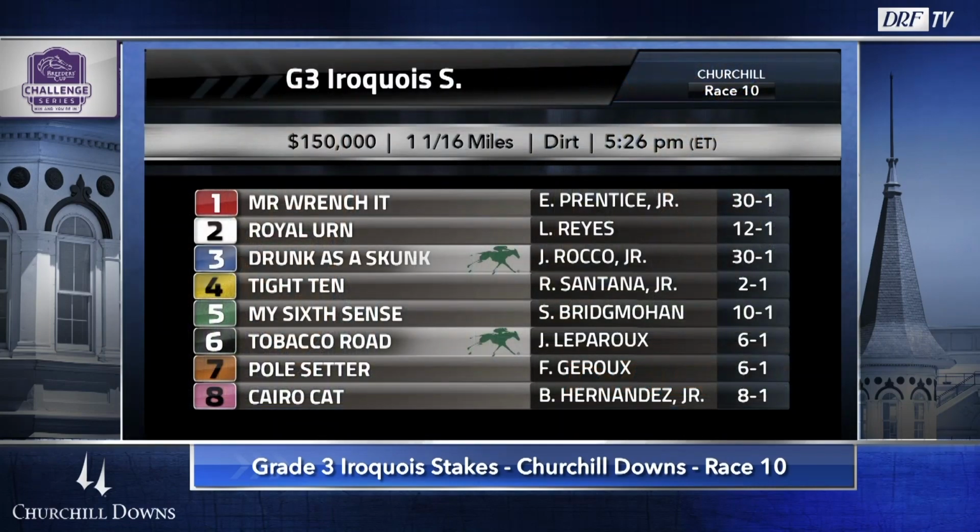It is a big field. It's an evenly matched race. Matt, we'll take this group in post position order, and the number one, Mr. Wrenchit, is 30-1 on the morning line, despite being the only horse in the race with a prior win around 2 turns on dirt. Yeah, I mean, unfortunately for him and the connections, the knock against this horse is he's